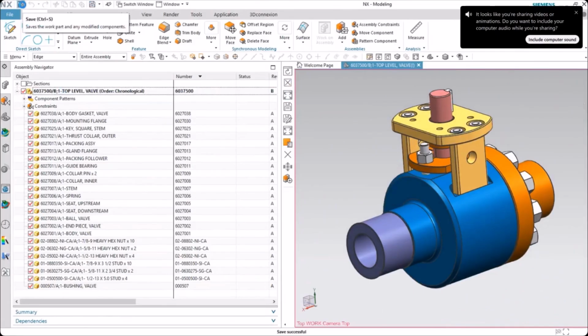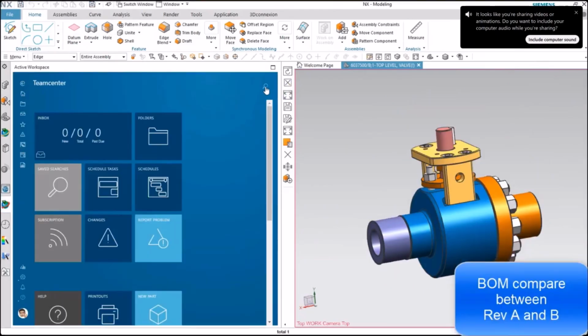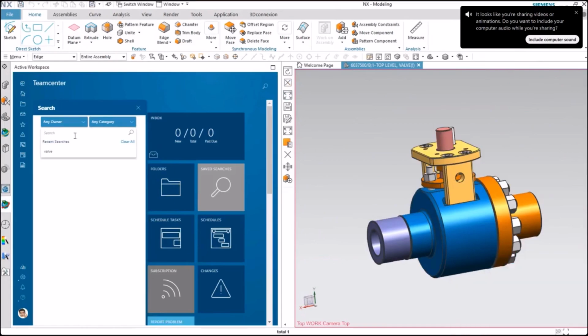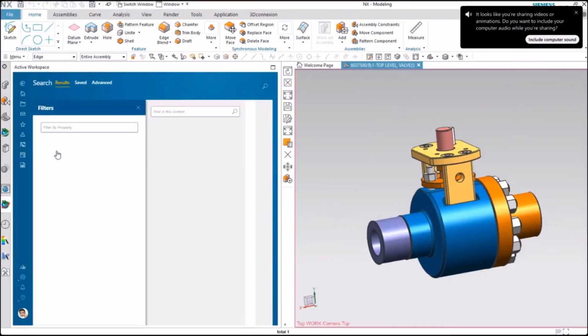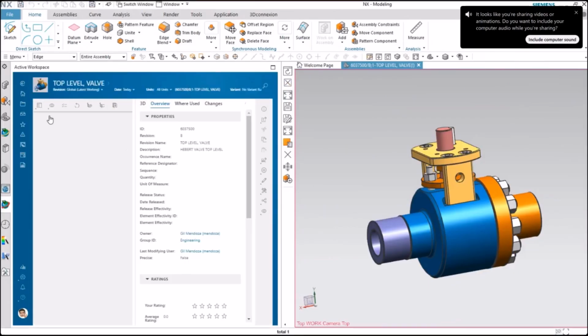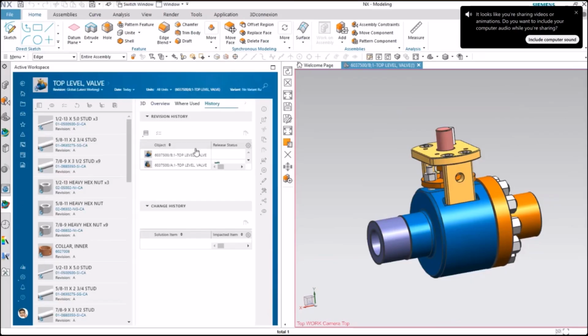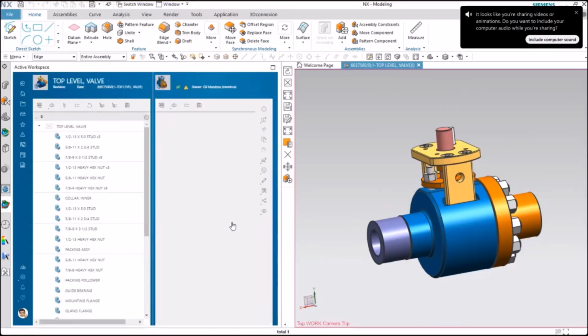Once we do that, we're going to go ahead and save our structure. So now I've just modified the structure. Now I added the geometry to the structure. And if I went into Active Workspace, now within Teamcenter, I can do a BOM compare of what was the old BOM versus the new BOM. So what I'm going to do is look at the A revision and the B revision, and then I can do a compare between the old revision and the new revision,